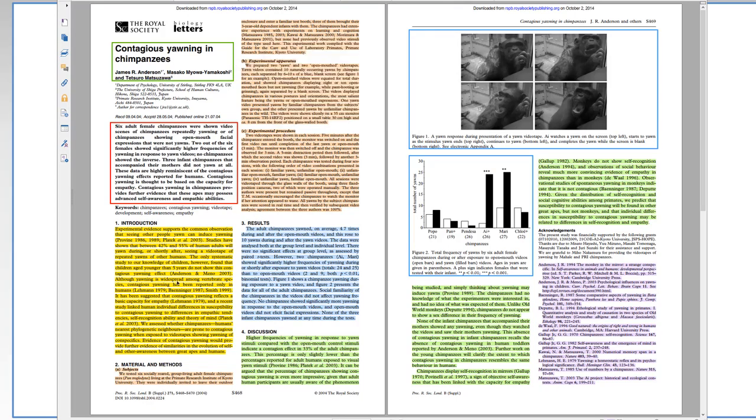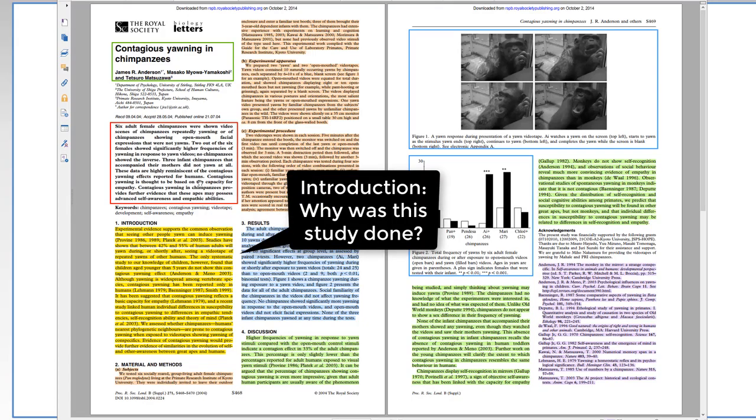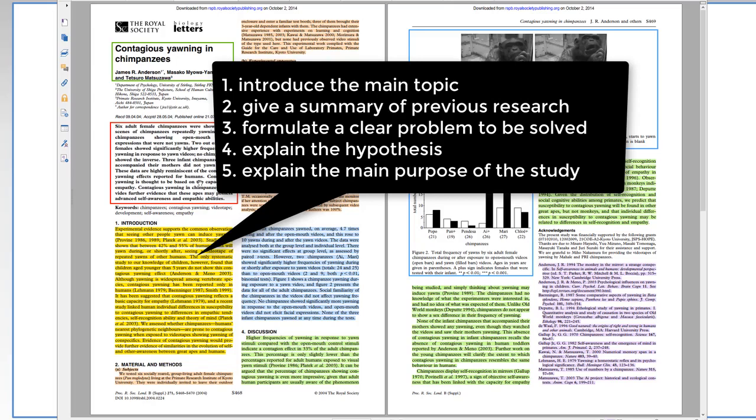Okay, so next I want to explain the main point of each of these sections. The introduction, this part of the paper answers the question, why was this study done? And inside the introduction, it will introduce the main topic, and then it will give a summary of previous research, what is already known about the topic, and it sets up your research, your study, by formulating a clear problem to be solved. It explains the hypothesis and the logic leading to that hypothesis, and finally, it explains the main